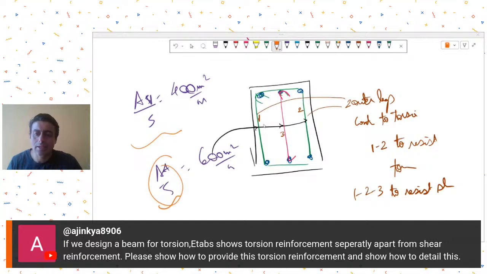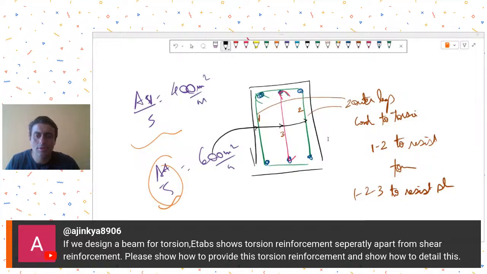In the Indian standard, the treatment is that we combine the shear and torsion, and then there is a formula given in the IS code. The treatment is different. In the IS code, there is a combined formula from where we get the reinforcements for shear and torsion both. That formula says that for two-legged stirrups, this is what you need to provide. Okay. So you need to first see which code you are using. And if I were to just show you that formula for combined effects of torsion and shear,